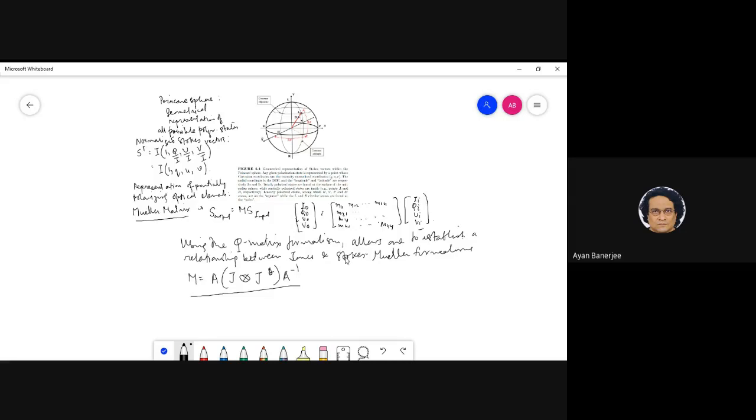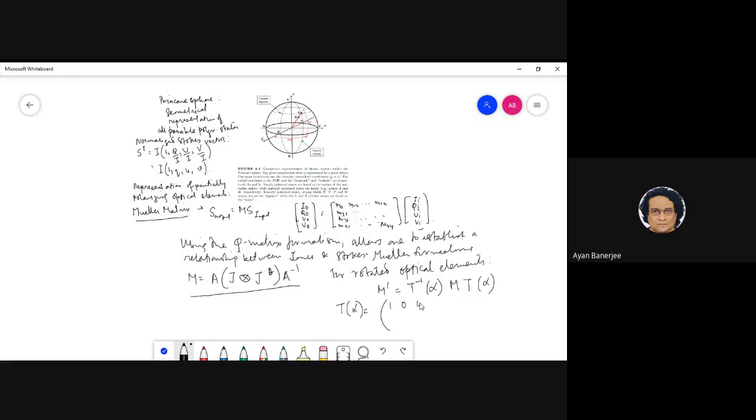So for rotated optical elements, you will have M dashed equal to T inverse of alpha, M, T alpha, where T alpha is given by the 4x4 matrix,